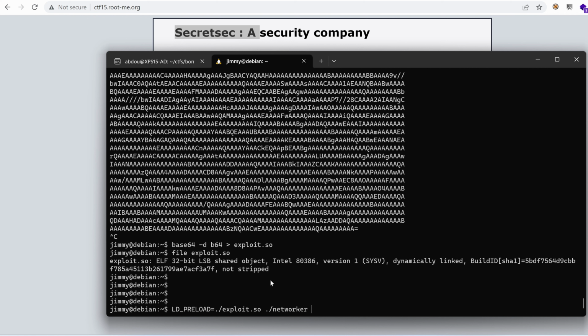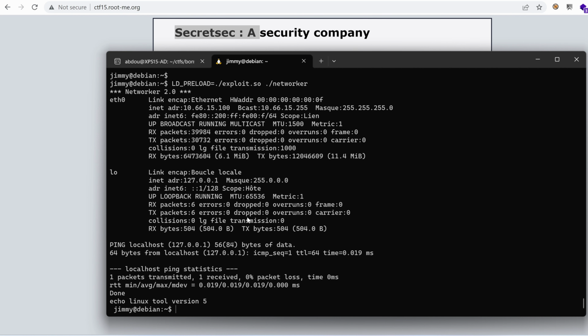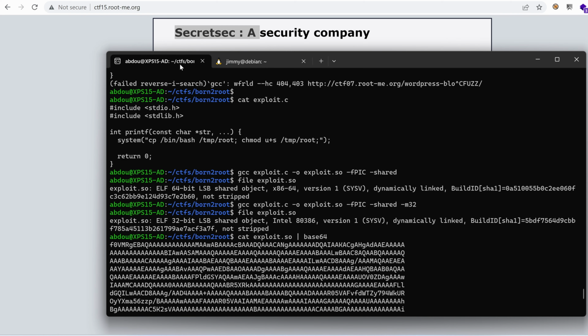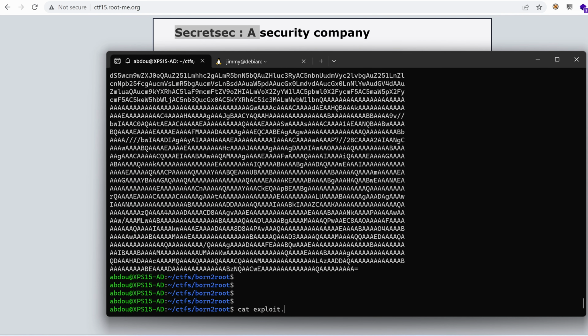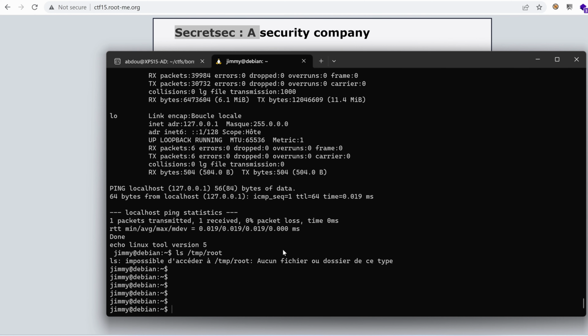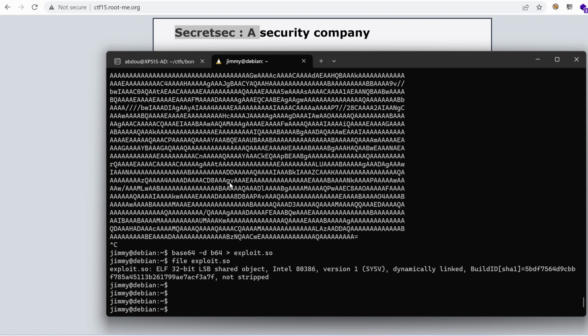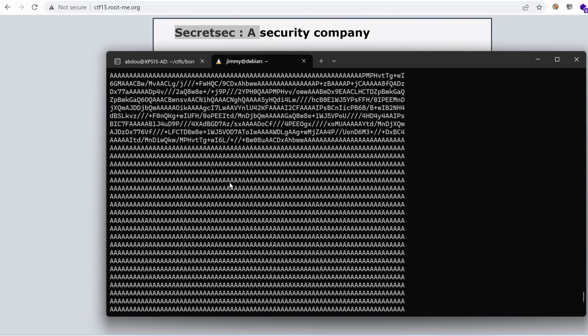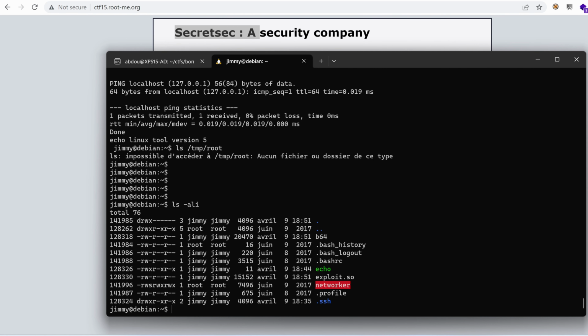the printf function. If we run that, we see nothing really that changed. This is a bad indication. And if we ls temp root, we see no file named root. That's a bummer. Remember, our exploit is trying to copy bin bash into /tmp/root. So it seems that we are hitting a dead end here. We can't hijack execution. I'm not sure if there's any ideas that we can follow here to exploit this networker